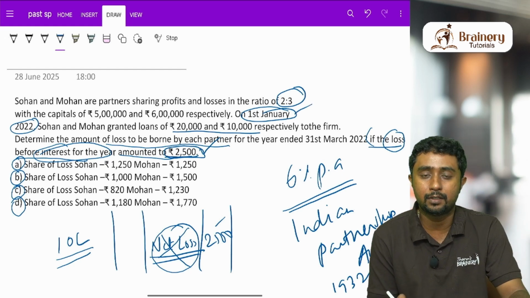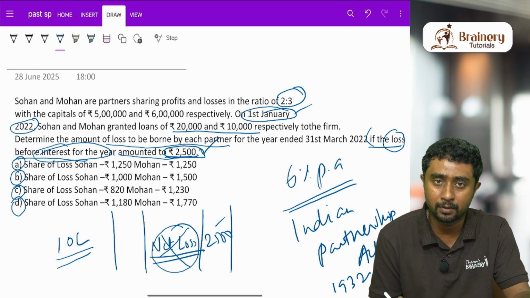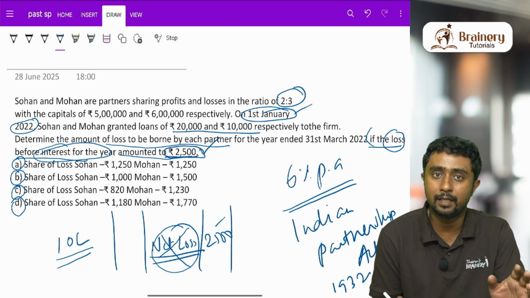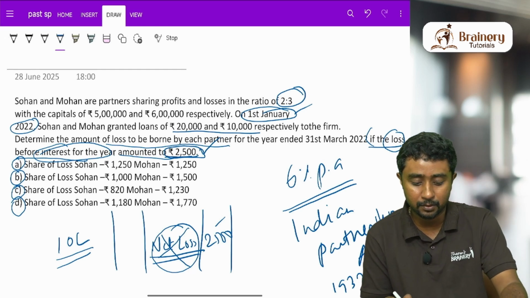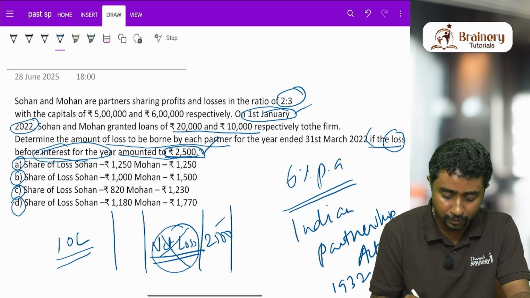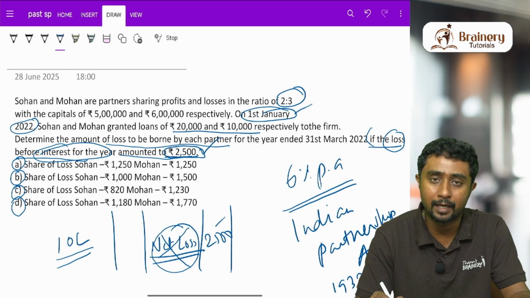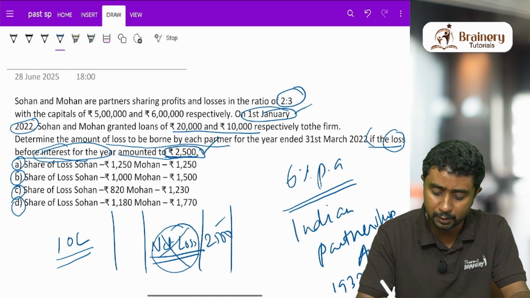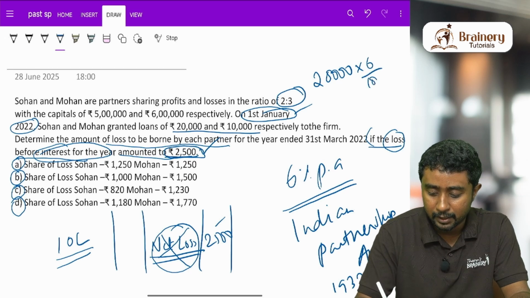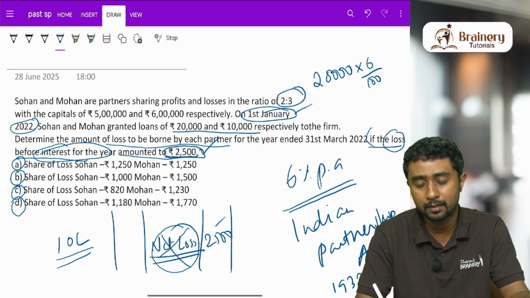Whenever you are calculating any interest, that is a tip, whether it be interest on drawings, interest on capital or interest on loan, always the date matters. The date on which that thing happened. So here, on 1st January 2022, these people have given a loan. 20,000 was given by Sohan and 10,000 was given by Mohan. They are not specifying any rate of interest. As no rate of interest is specified, what is the rule applicable? On each value you have to pay 6% interest. So 20,000 into 6 by 100, how much will it come? As you guessed it right, it is